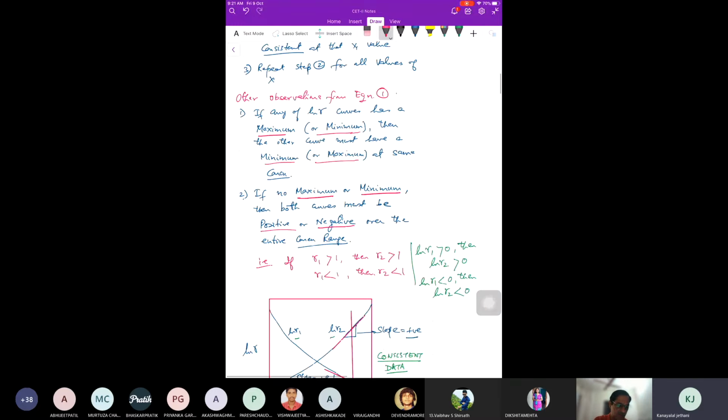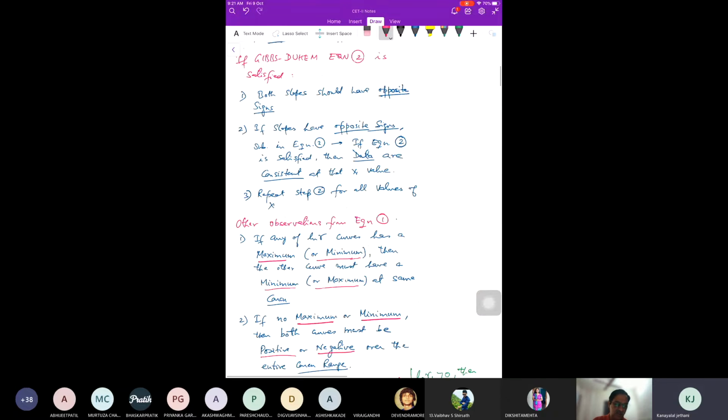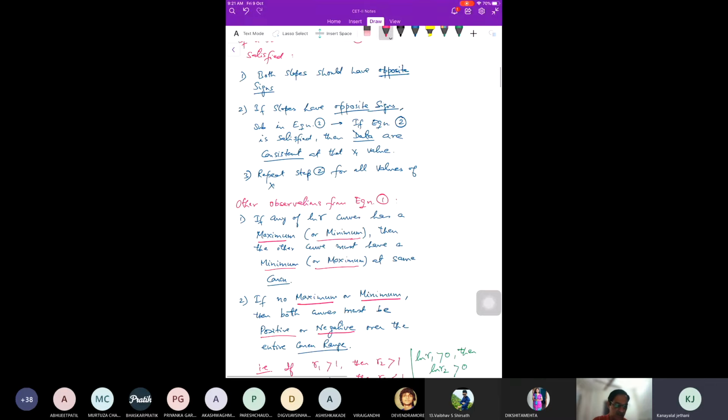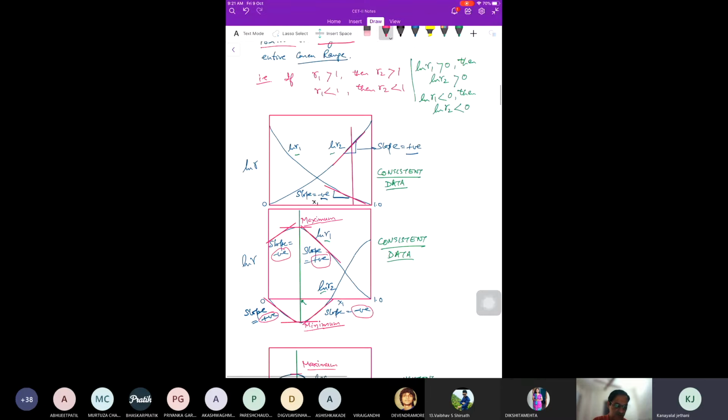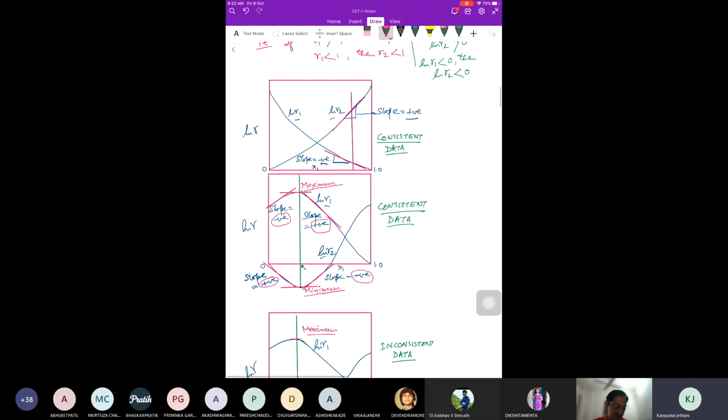So other observations are, if ln gamma curves has a maximum or minimum, then the other curve must have minimum or maximum. Again observation, this is not a test. Test is only this कि ये gives 2m equation satisfy होना चाहिए, that is the only test, okay? These are just observations. So if you look at this curve, एक मैक्सिमम था तो सेम वैल्यू पर मिनिमम था, राइट। अब किसी ने कभी पूछा था व्हाई शुड इट बी लाइक दिस, राइट, मैक्सिमम है तो मिनिमम क्यों आना चाहिए। सो इफ यू लुक एट दिस कर्व एट दिस वैल्यू,